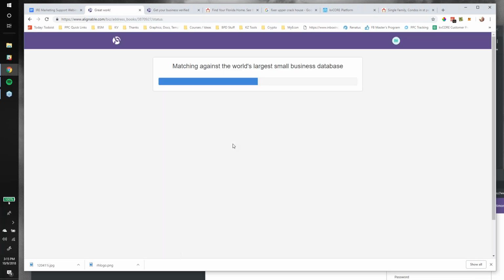And this is why you're getting so many invites from Alignable, but it's a good and bad thing. I've gotten a lot of requests from Alignable from people that I kind of forgot existed, and it's rekindled a relationship. And if you have a big database, you've been in the business a while, it could work a similar way for you. So let's just let it run my Gmail.